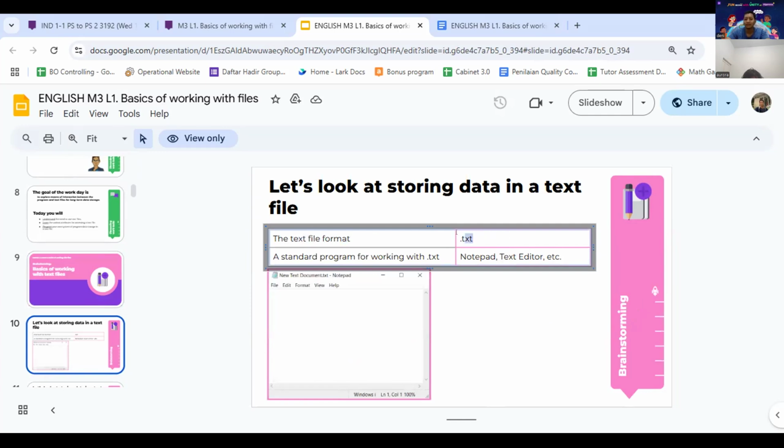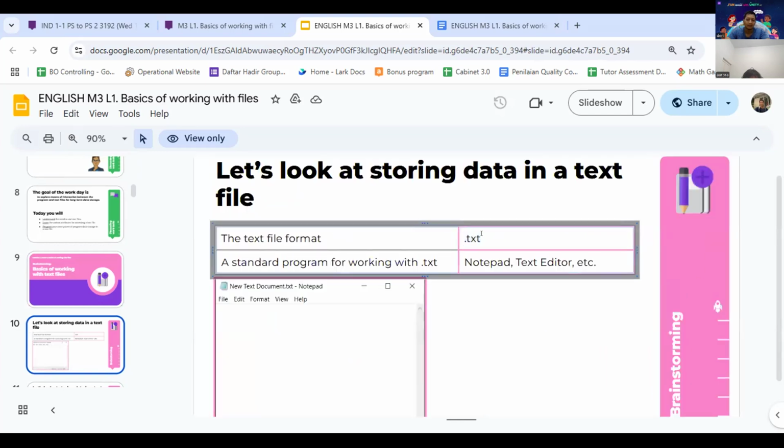TXT. Have you ever seen this? I don't think so. When you type a document in Word, have you ever used Word, Excel, PowerPoint? The last name will display .doc like this, right?